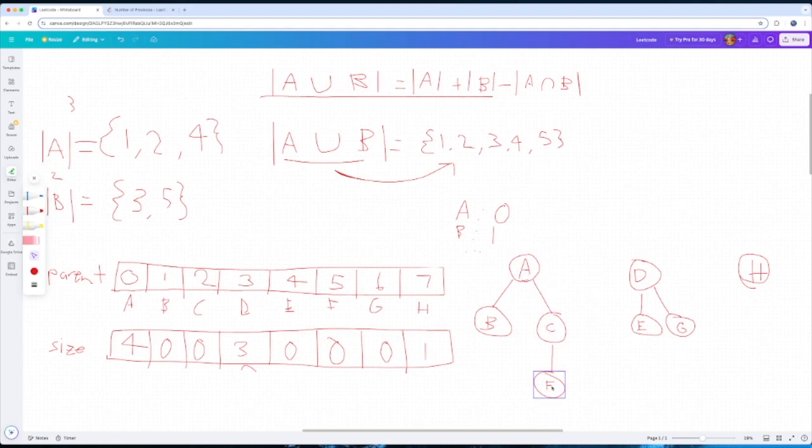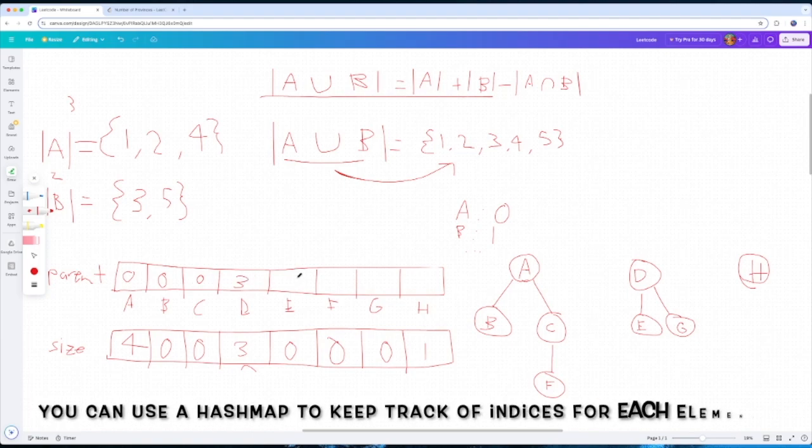So therefore, the representative of F is going to be A. So even down the depth as we go, the representative will still be this. But we also, oh, I forgot about the parents. So A's parent is going to be 0, B's parent is going to be 0, or A, C's parent is going to be 0, and then D's parent is going to be 3, basically itself, E itself,